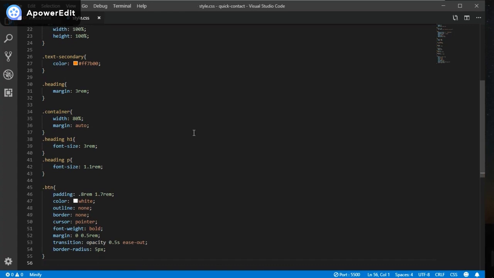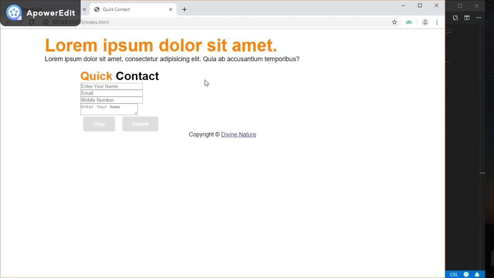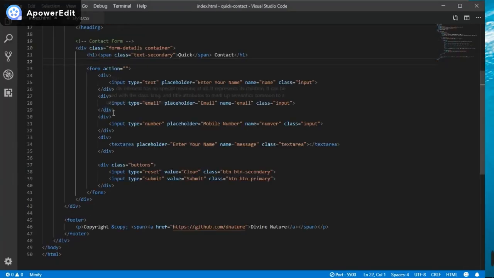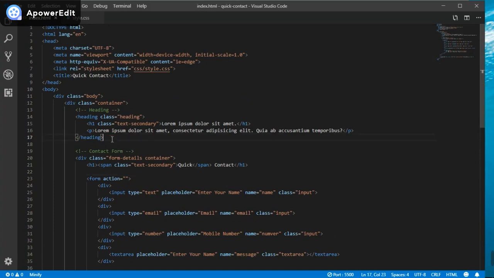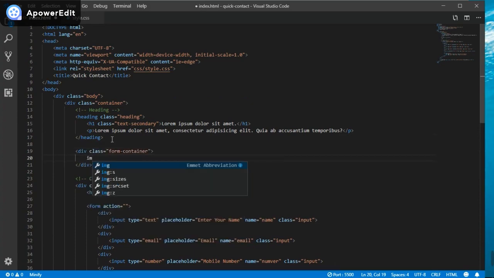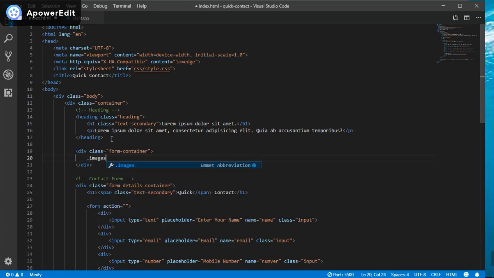Let's take a look at what we've done so far. So let me open the Chrome. So this is how it looks. Oh, forgot to add the images and the background image, so that's what we're going to do real quick. So here, a div with a class of form container, and here we have a div with a class of images. Also have a class of container,